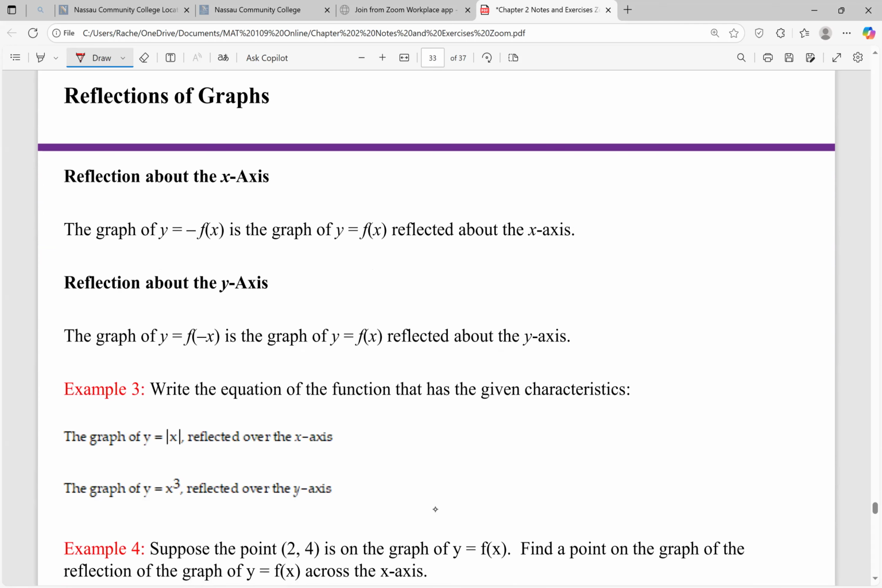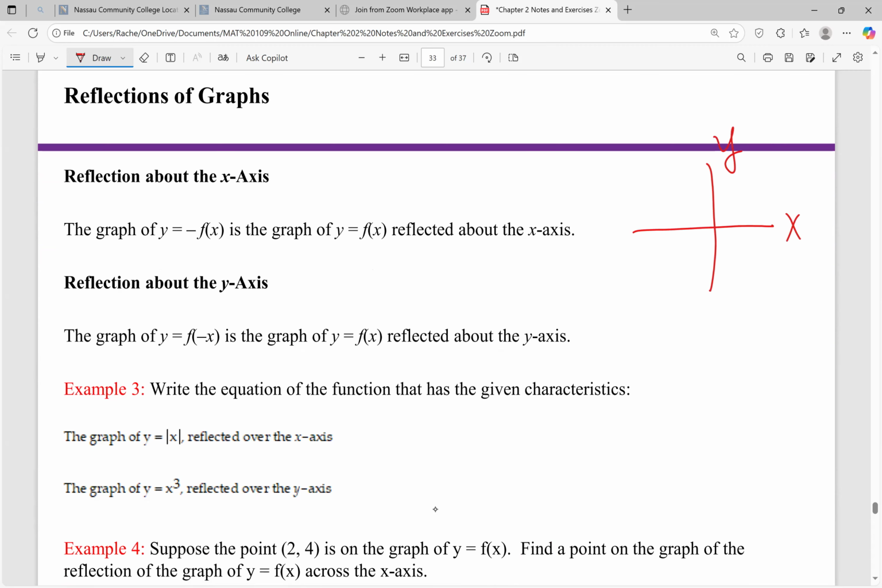It's also possible to reflect the graph over the x-axis or the y-axis. So if we were to take a graph f of x and reflect it about the x-axis, what's going to happen is all of the y values are going to get negated, right? So imagine